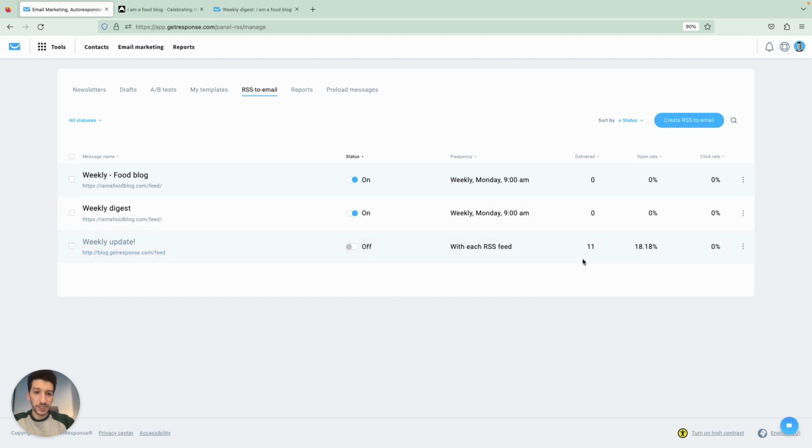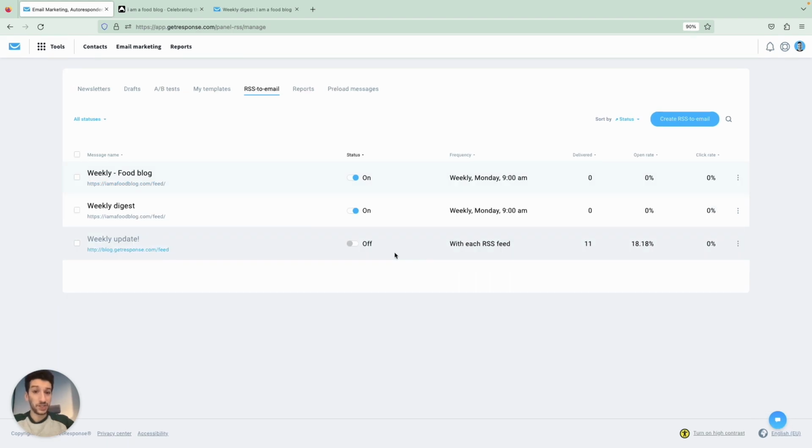Have open rate, click rate, delivered, and also if you just go to the 3 vertical dots, you can click on statistics. So make sure that you are using RSS to email and get ready to boost engagements and traffic